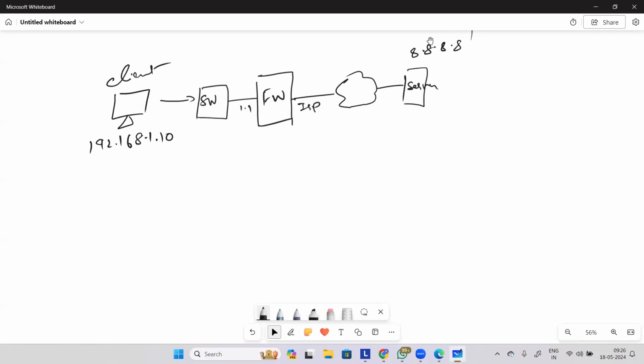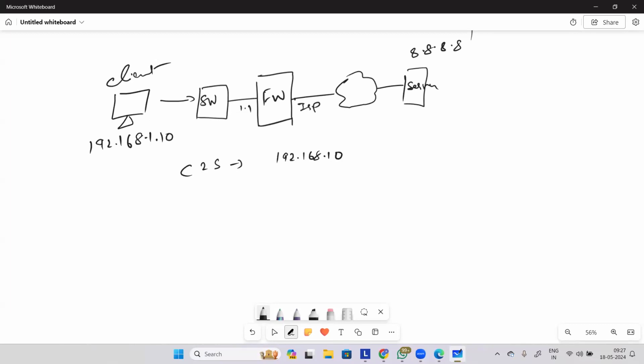All right. Now, what happens is your client initiated traffic from this machine and it tried to reach out to the server, which is hosted there on the internet, right? So, the traffic comes to the firewall because that will act as a default gateway. When the firewall receives this traffic, it will inspect the packet and it will see what is the source and destination. It will extract that information and then it will create a C2S flow, right? Your C2S flow will be